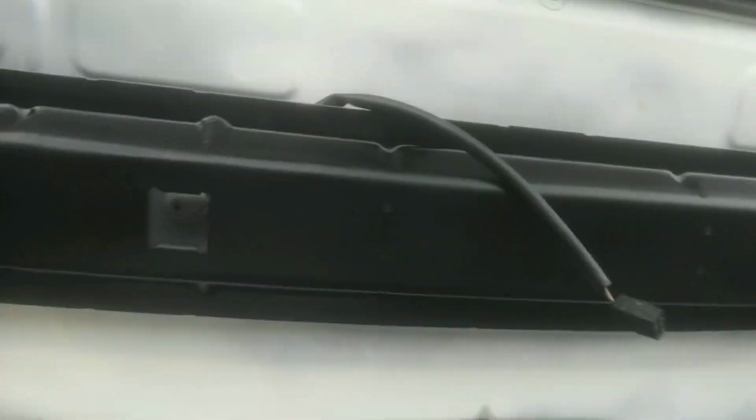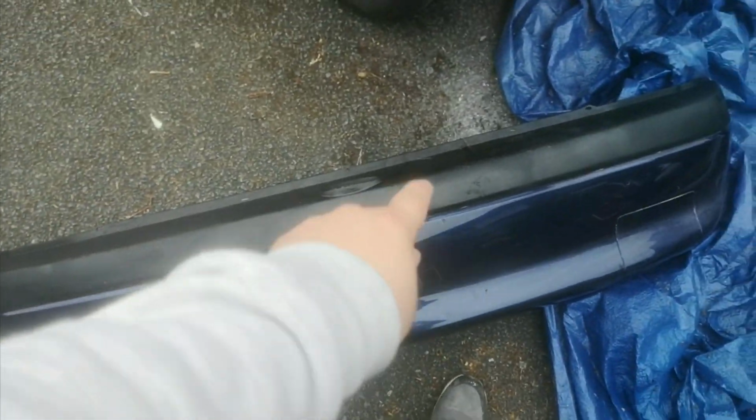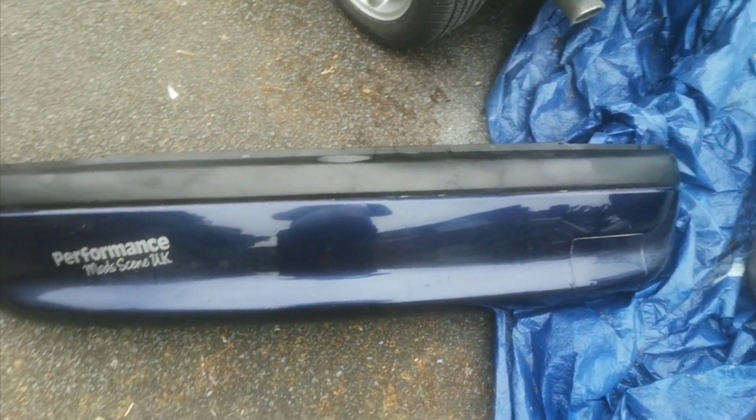There you go, the crash bar is now on, nice and clean. So all you have to do now is put the bumper back on once we've tidied that up. So let's continue. So it's the next morning. I've painted these plastic trims. I'll be honest with you, it's not the best job in the world, but